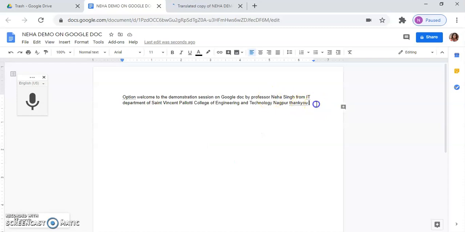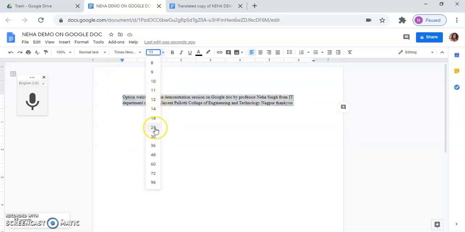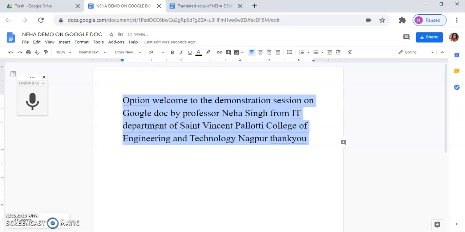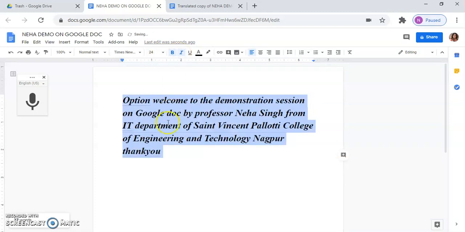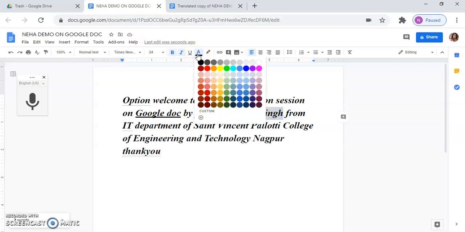Now you can even format the text by using the options of the different styles that you want. I want it Times New Roman. I will choose it. If you want to increase the font size, you can increase it using the option of numbers, giving the size of the font. If you want, you can make it bold. You can give italic. If you want to underline a particular thing, you can select it and click on this option of underline. If you want to color a text, you can use the option of text color.